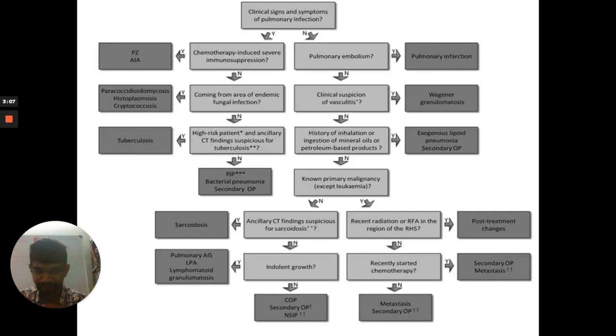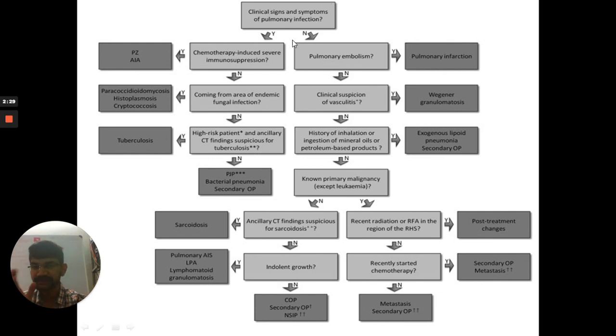So what are the causes? Those who just want to know the causes can follow these dark color squares. Okay, so let us discuss in detail what the causes are. It is seen mainly in three major causes: infectious causes, non-infectious causes, and neoplastic causes. So the causes can be divided into three major headings. This is a flow chart of how to pinpoint the causes.